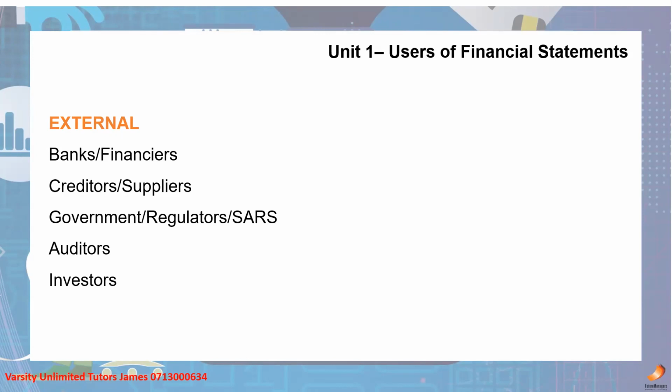External users. So if you're looking at external users of financial information, you can look at bankers or financiers. For example, FNB. FNB can give you a loan for your business, right? So they want your statements to see, okay, this business has applied for a loan. Okay, what profit are they making? Do they have enough money to pay the interest? Do they have enough money to actually pay us back our money? Do they have collateral? Right? What are their assets so that they can protect this loan that they've taken? So that's a bank, right?